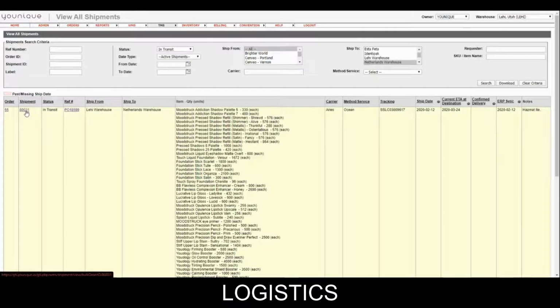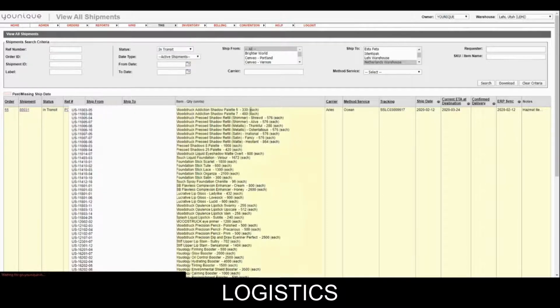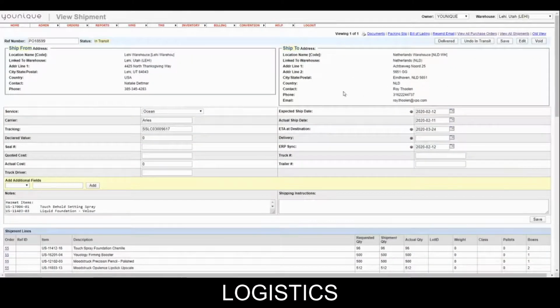If I were to click this button, which is the shipment number that has been assigned to this shipment, I will go straight into the shipment page. We can see that it's in transit. We have our documents up here. We have all of this information that should be filled out sooner or later by inventory, by transportation, and by